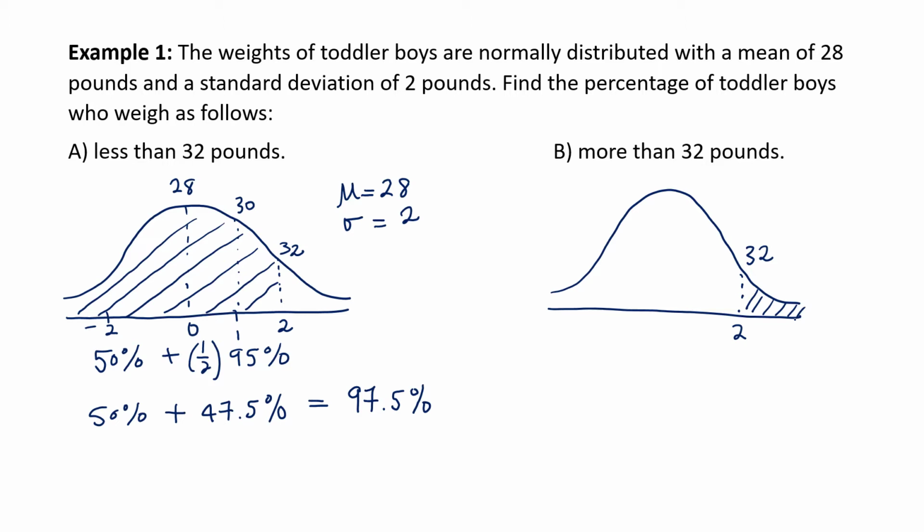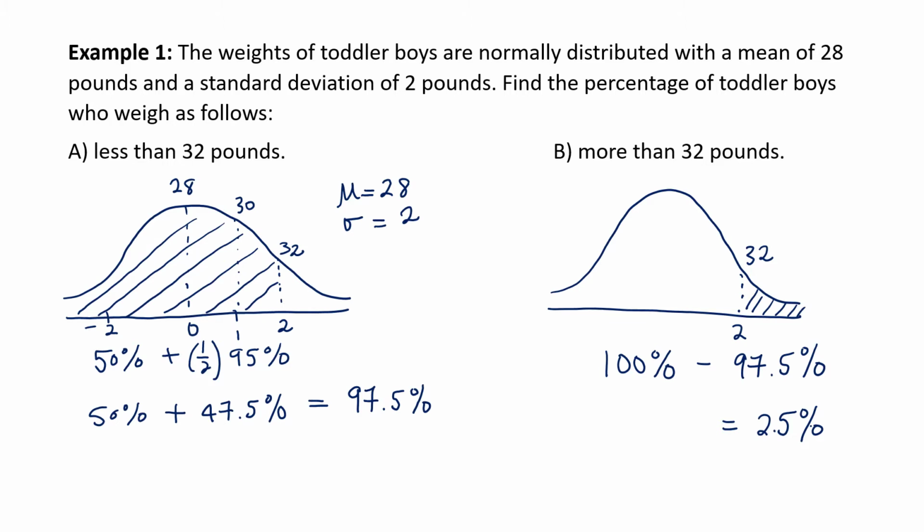Let's use geometry, knowing that the entire area under the curve is 100%. And in part A, we learned that boys who weigh less than 32 pounds comprised 97.5% of the area. So those who weigh more than 32 pounds would be 100% minus 97.5%, and that gives us